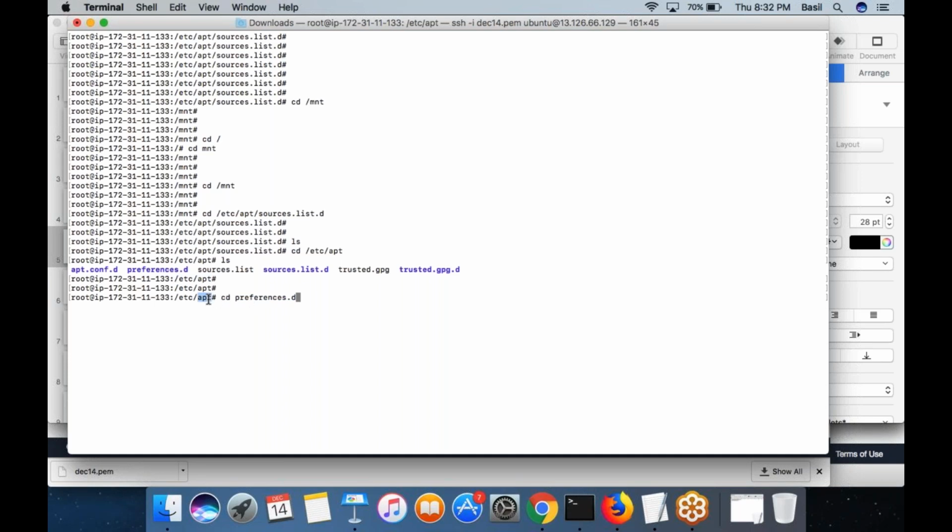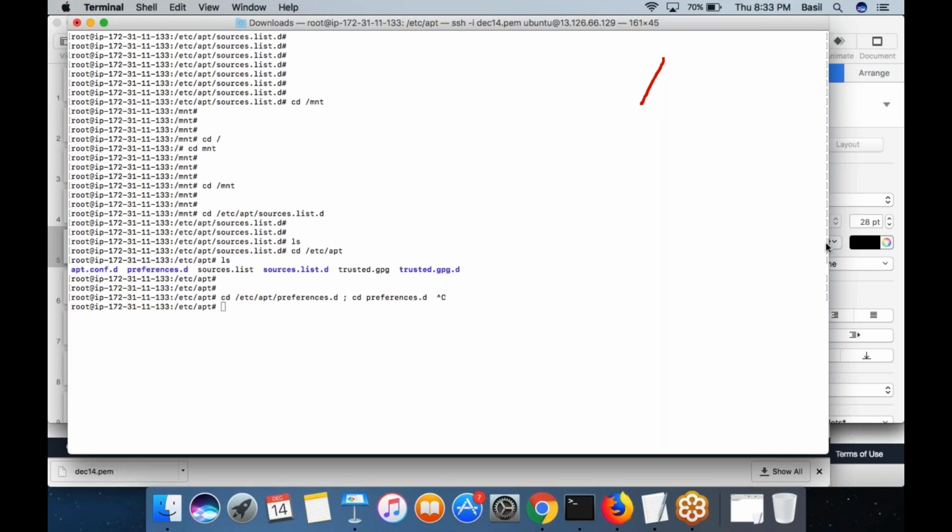The reason is I am already here, but it's not wrong to type the absolute path. You can still use the absolute path. This command is the same as this command. These two commands are exactly the same. Because I am already inside etc apt, I can simply specify the folder name. That is also okay. All right, so this is how the folder hierarchy will look in Linux. Similar to Windows, the only difference is you will not see different drives. It's all a single folder where you begin.